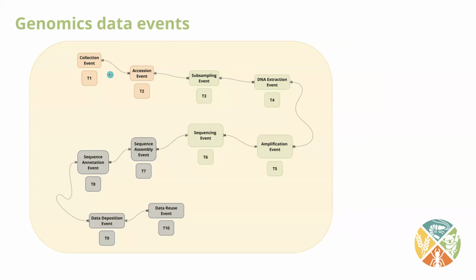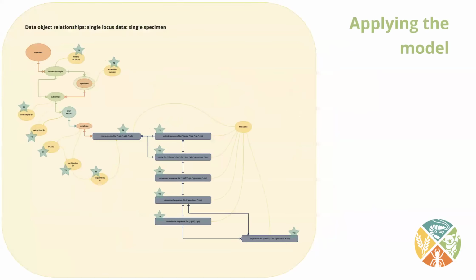They're a physical collection, accession into a formal registered collection, subsampling, DNA extraction, amplifying, sequencing, assembling those sequence data, annotating them, putting them into a repository, and then possibly even downstream reuse where they've turned up in another publication or been reanalyzed. So the way this turns out or manifests in reality is that we take this very simple example